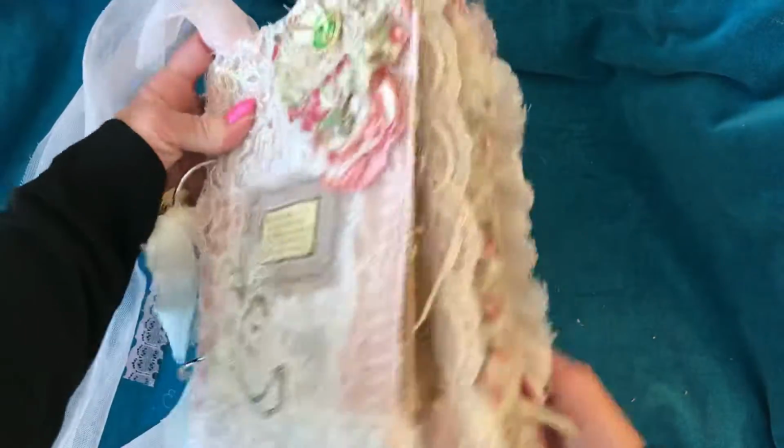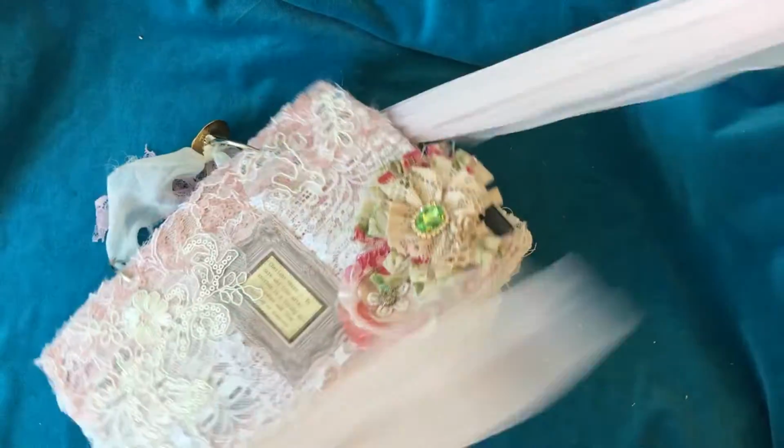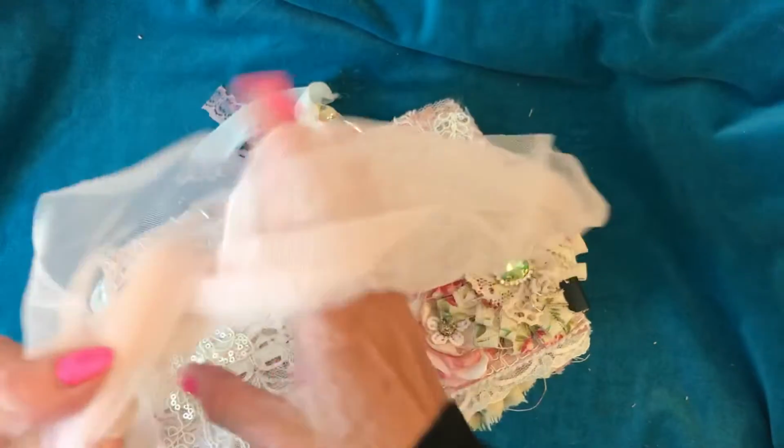So yes, I hope that you like it. I think there's a lot going on in there, and I had a lot of fun making it. So as I say, that will be listed in my shop, and if you wanted to have a look,